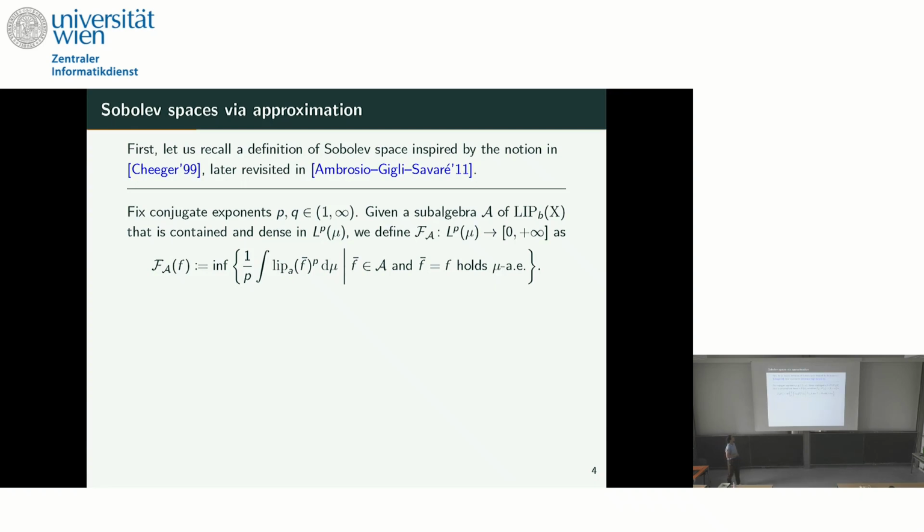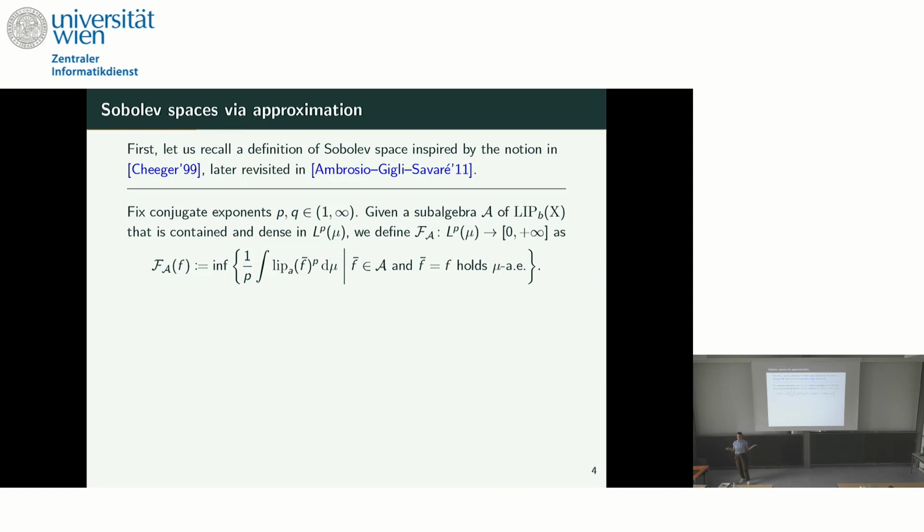Okay. So for now, let us fix conjugate exponents p and q, which are between 1 and infinity, infinity excluded. For any given subalgebra A of bounded Lipschitz functions on X, which is contained and dense in the space of L^p functions, I'm going to define this functional that you might expect is only this integral, correctly scaled, of the asymptotic Lipschitz constant of a Lipschitz function to the power p. But I'm taking this infimum among all the representatives of a given function f in L^p which are in my algebra, simply because